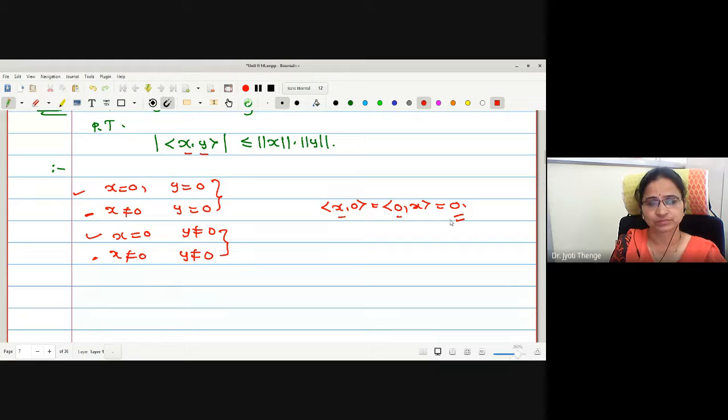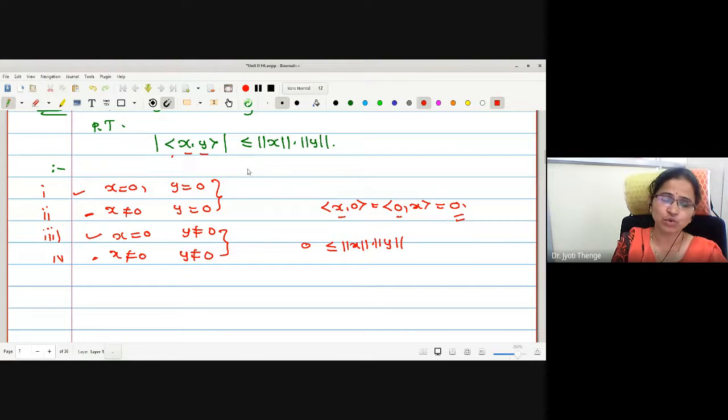Right now? Yes, ma'am. So if we look at these three possibilities, 1, 2 and 3, what are the possibilities we have in the first three cases? At least one of the variables is 0, no? Here both are 0, here y is 0, here x is 0. If you consider any of the three possibilities, this inner product is going to give you a 0 value. And what about the norm? The norm we know is always greater or equal to 0, no? But anyhow, this relation is going to be satisfied in the three possibilities.